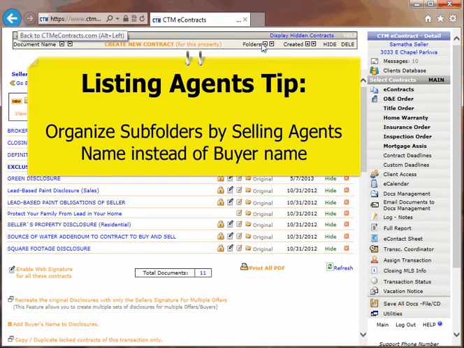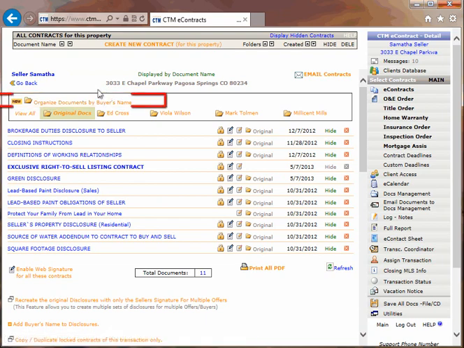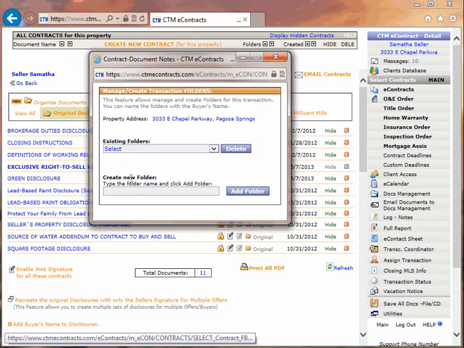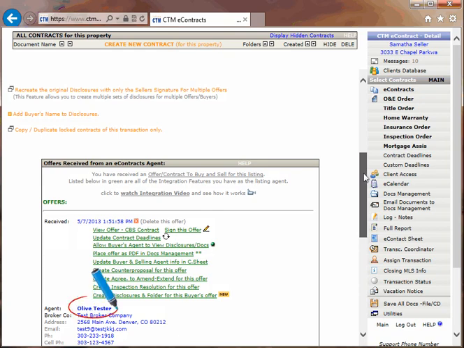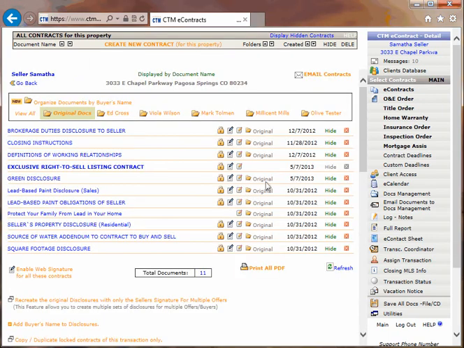Now here's a tip for you. If you'd rather organize your folders by maybe the agent's name instead of buyer's name, you can click on Organize Documents by buyer's names and create a new folder with the agent's name. Now, our first agent that we're integrated with is Olive Tester. Let's create this folder with the agent's name, add folder,